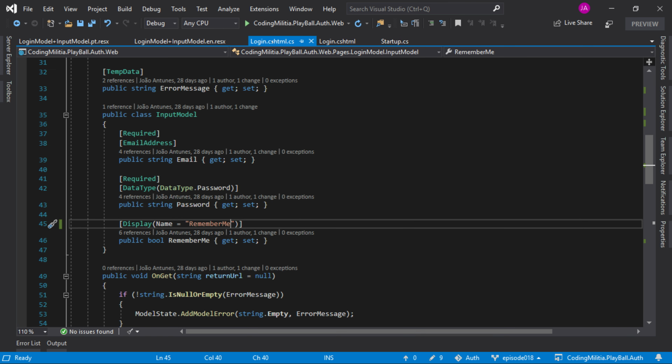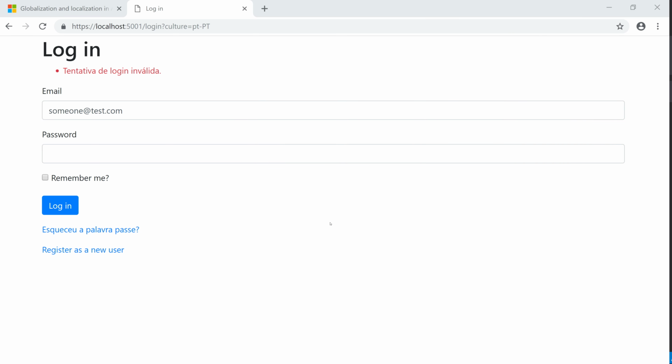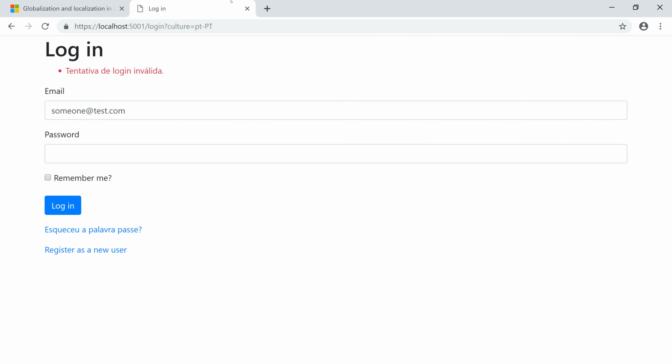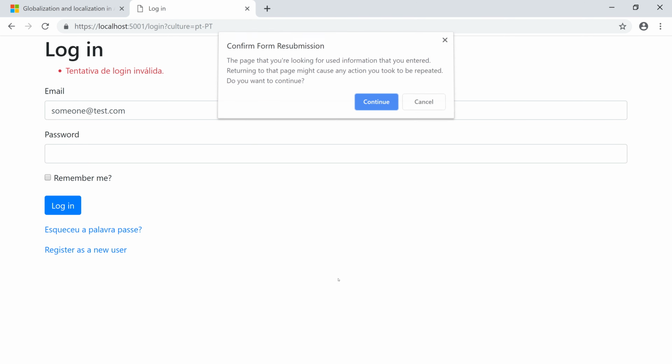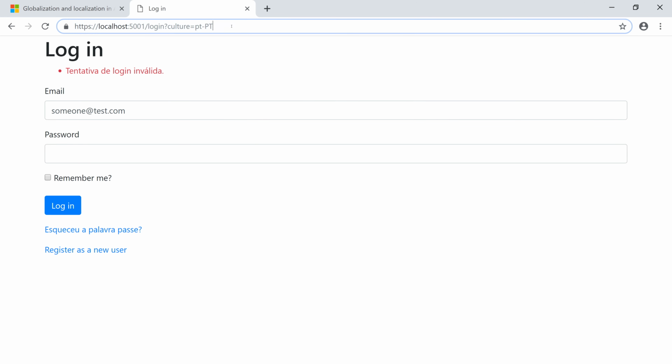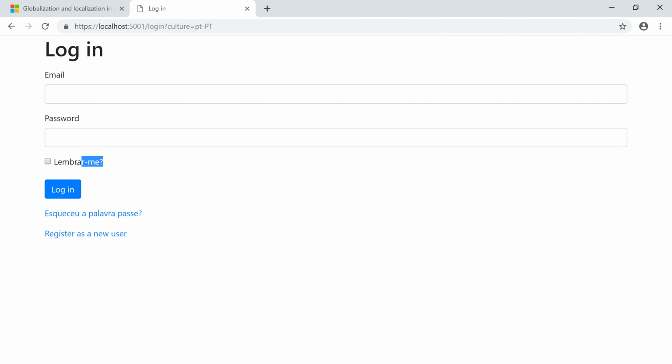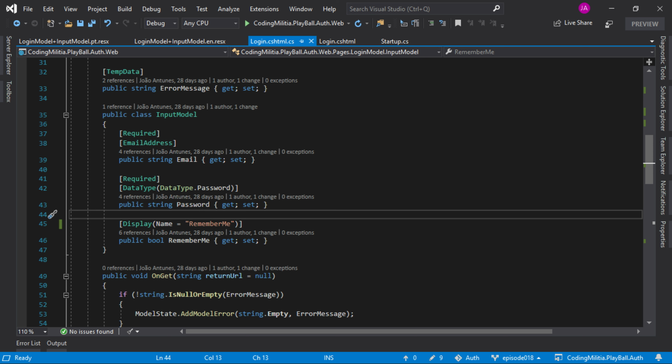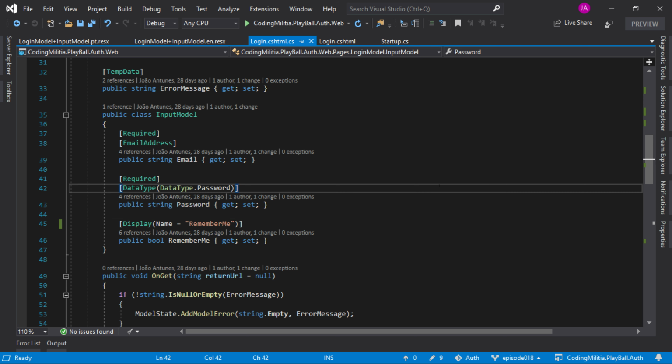Okay, so this should work immediately again, and we should have this translated here. Let's try again, and we have in Portuguese "lembrar-me". If I remove it, "remember me". Now it's working how it's supposed to. I have no idea. I'm annoyed by that bug. But okay, so